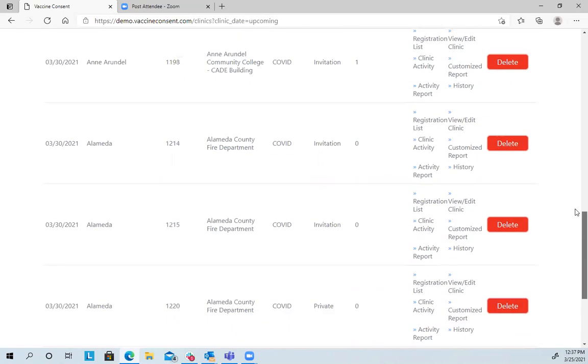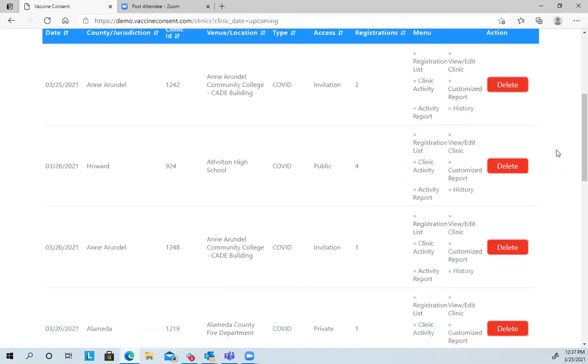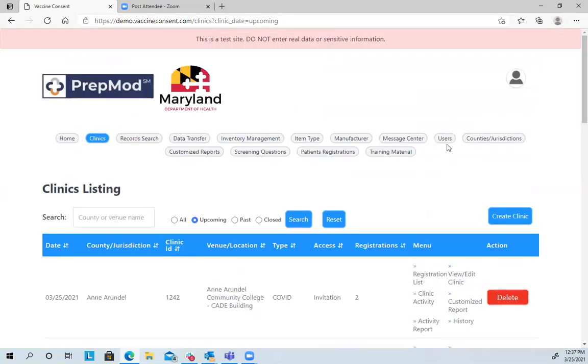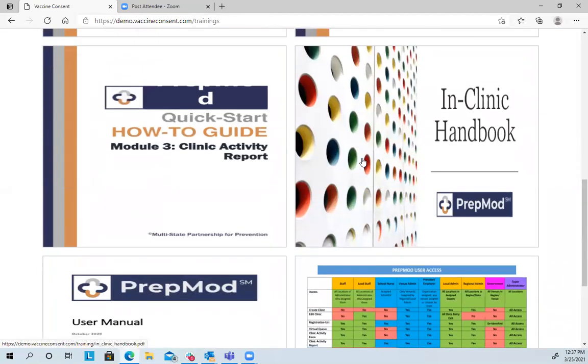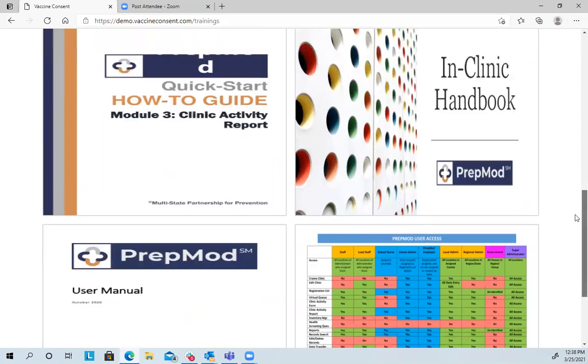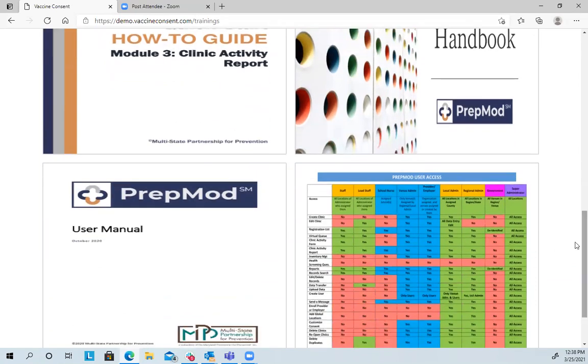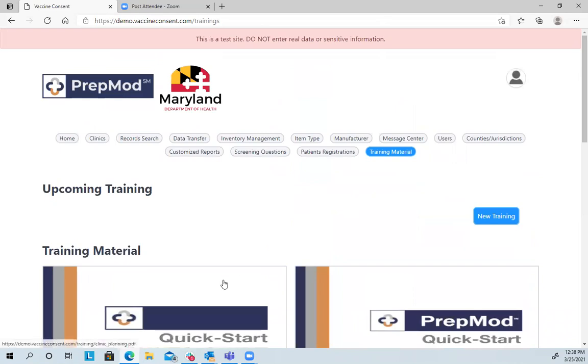And so this is available for you to help. If you have people working in clinic and want to make sure, or if you want to answer a question, the training materials is on everyone's menu. When you go in there, this in-clinic handbook is very helpful. There are about 5 pages in here that really talk about working in clinic. So if you have somebody who wasn't able to join us for this clinic training, you can see that there, as well as who has access to what functionality within the system and some other quick start guides.